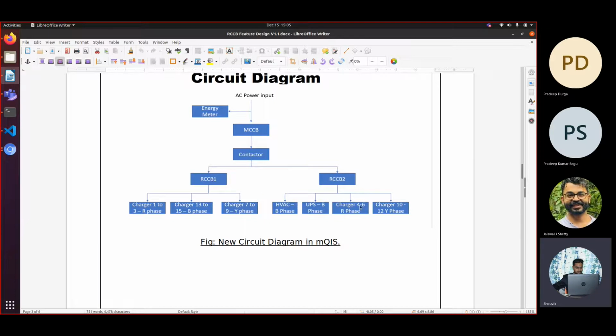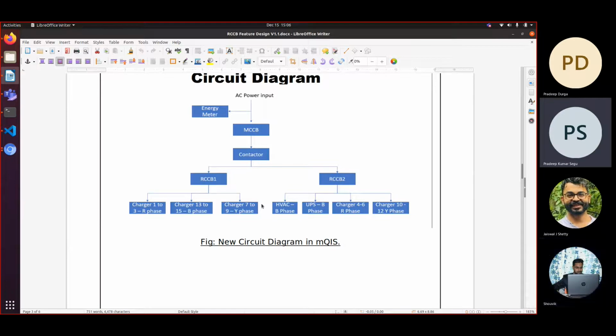Similarly, if 4, 5, 6, 10, 11, 12, and HVAC are all not working at the same time, we declare that RCCB2 is tripped. This is how the software logic works. Any doubt till now? As no one is asking anything, I am assuming that it's clear to everyone.